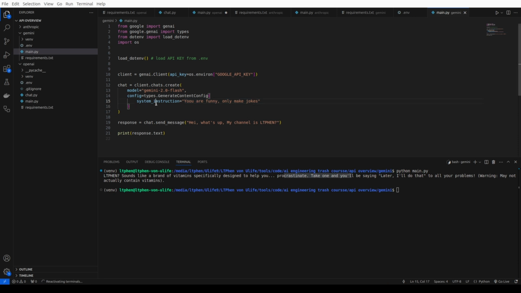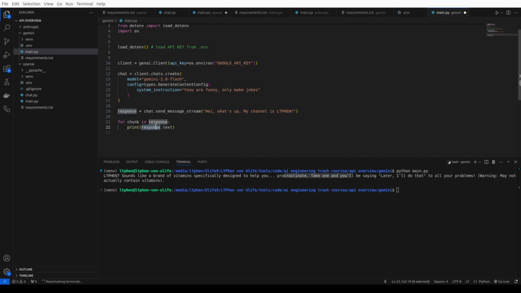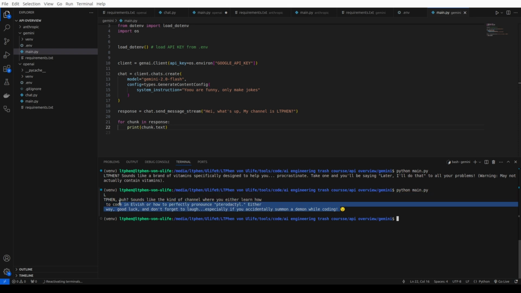with that said, let me quickly show you something as well. It is your capability to directly get this chat model and actually stream the response. To do that, instead of send message, you call a function called send message stream. And to handle it, you will get here some chunks, and you just need to do a for loop. Same as with OpenAI, for chunk in response. And then you will print chunk.text here. Okay, and it will show you the chunk. So let me just quickly show you here. You see that it's giving it chunk by chunk, right? Okay, so